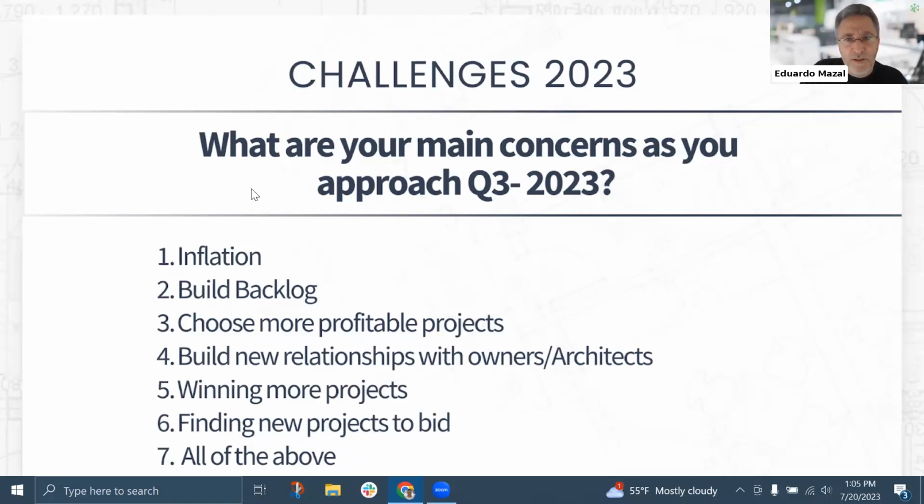Something very interesting is that when we did a similar survey at the beginning of the year, inflation was kind of a big deal. And now we are getting pretty much no concerns about it for Q3 2023. So things have definitely changed. All right, with that, we're going to end the poll.